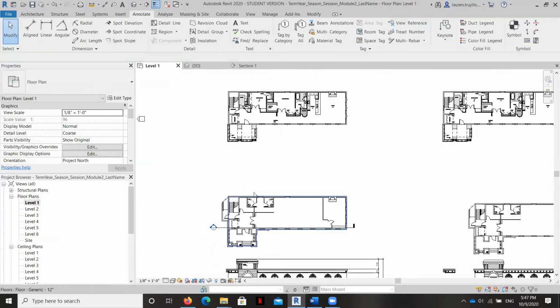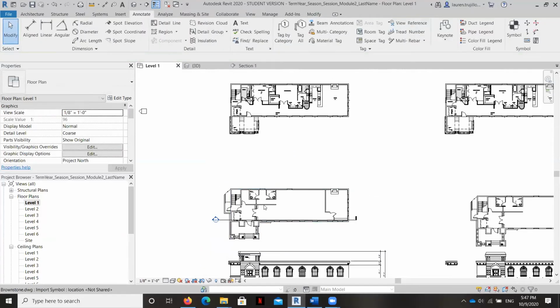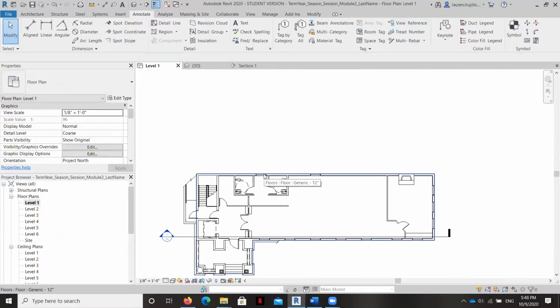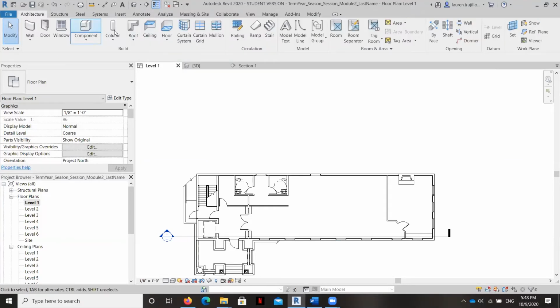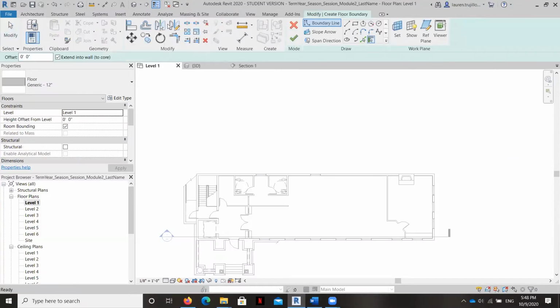So let's go ahead and create that second floor slab. And again, it's going to be exactly the same. So I'm going to teach you a little trick. We're going to go to Architecture, Floor, and we're going to create this on level 3, remember, because level 2 is where the stairs connect from the slab to the first floor. So this one's going to start on level 3. And I'm going to hit apply.